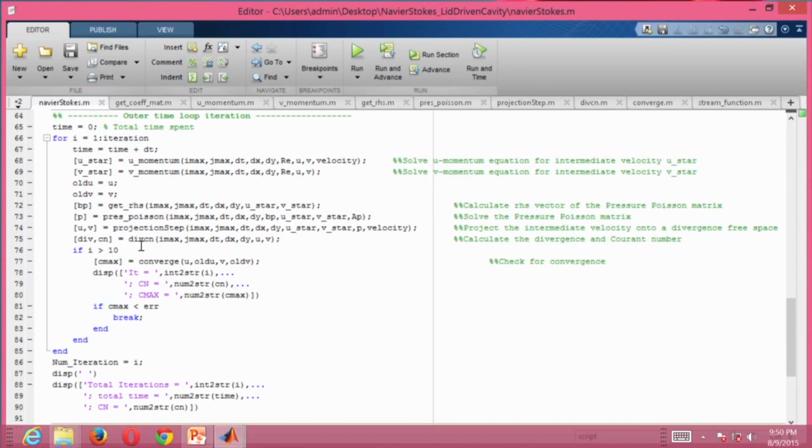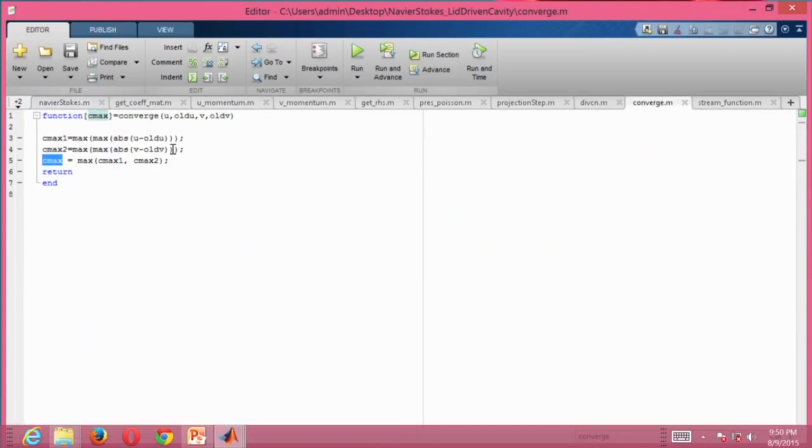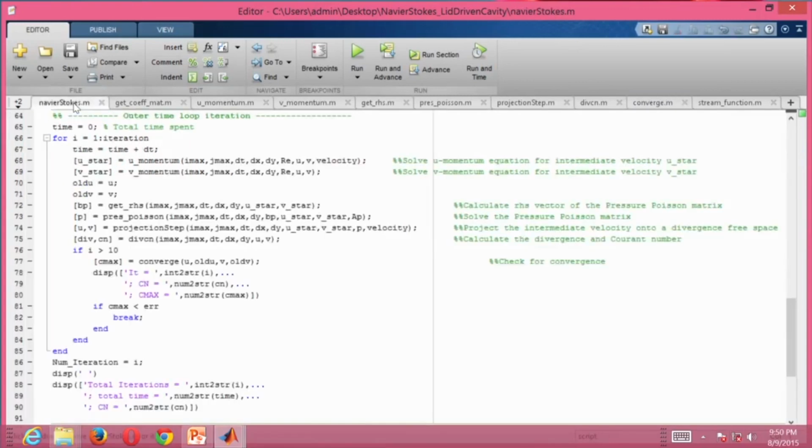So, we calculate divergence, then we calculate Courant number, then we calculate converge next. So, go to the converge, this finds out the absolute error and finds the maximum of absolute error separately for u velocity and v velocity, and these are the lines here, and you find the maximum of these two, and that is what is attributed here as C max. So, come back to the main. So, C max is compared against